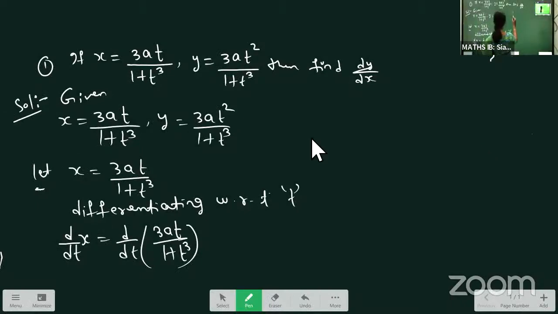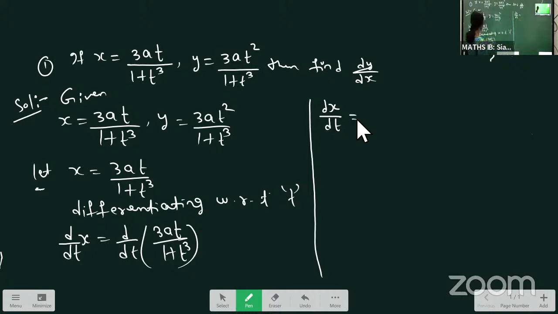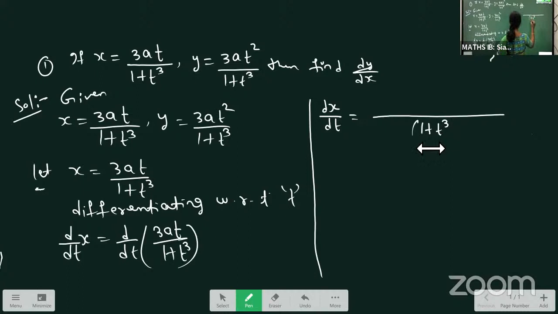Yeah, stay here. So d by dt of x is dx by dt only. d by dt of 3at by 1 plus t cube. It is the u by v formula. So u by v goes as first denominator whole square, that is v square, (1 plus t cube) whole square,